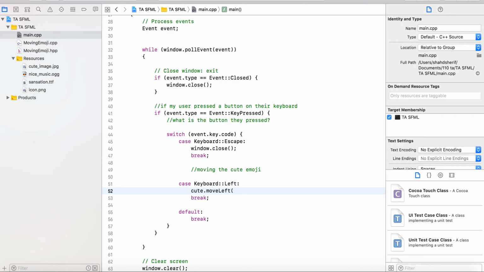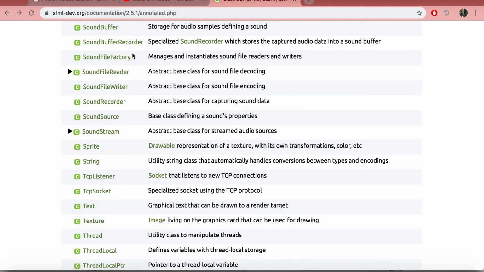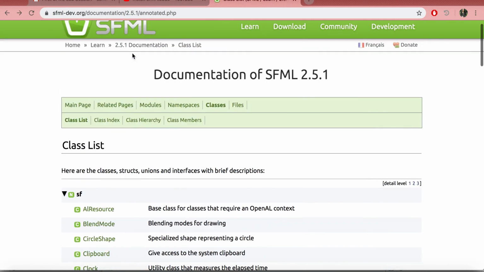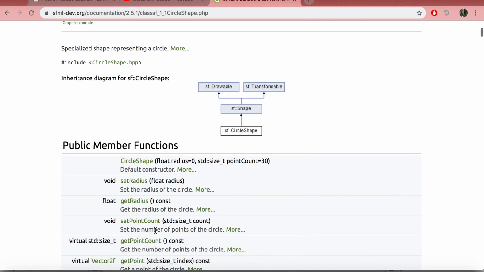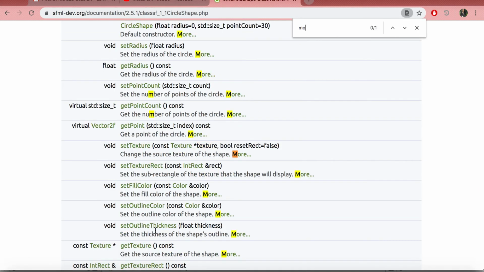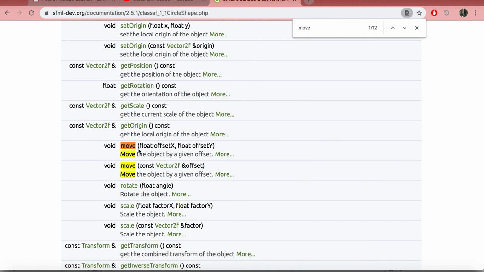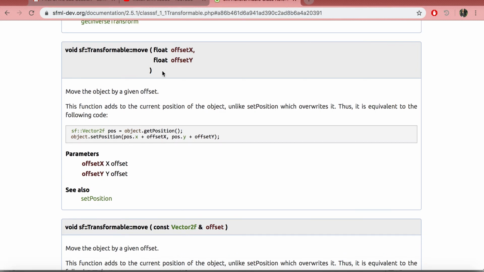But again, as always, you know what I'm gonna say. Let's look at the documentation. Well, let's go back here and look at circles. So I already know the answer, but I just really want you to see how this works. There's actually a function named move. I'm gonna Control-F to find move. Here it is. Okay, here this documentation tells me